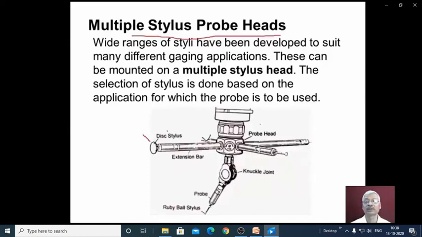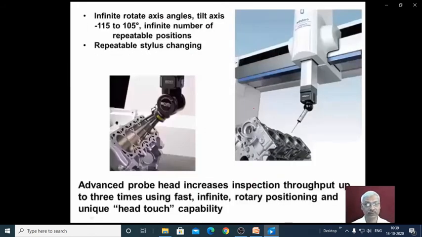Similarly, we can insert appropriate stylus here depending upon the inspection requirement. A wide range of styli have been developed to suit many different gauging applications. These can be mounted on multiple stylus head. The selection of the stylus is done based on the application for which the probe is to be used.